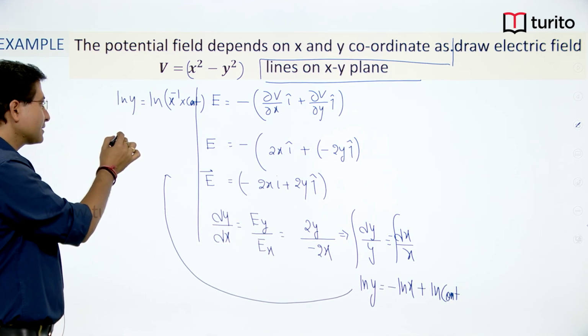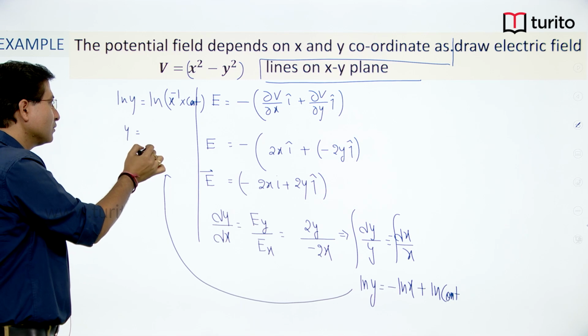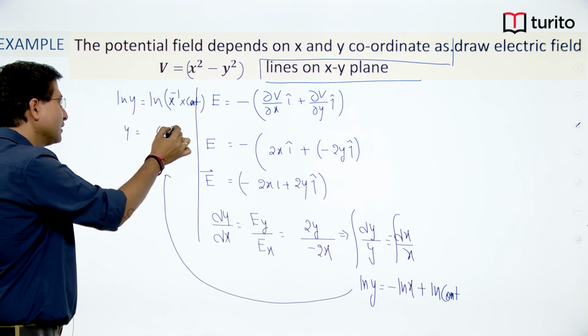This ln will get cancelled out and you will get y is equal to constant into x to the